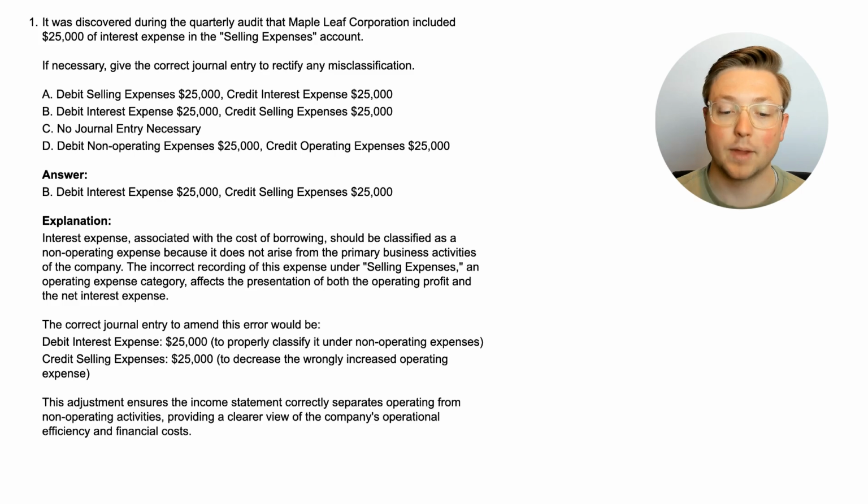And again, the reason this is important, in case you haven't watched the previous video where I talked about preparing the income statement, there are different sections, especially when you're doing a multi-step income statement. And one of them is operating income, there's continuing operations, there's discontinued operations, there's different things like that. And in the end, it all comes together to be the net income. But it is important to know how much the operating profit is compared to the non-operating profit or loss, whatever that is. And so the interest expense needs to be in the non-operating section. So that's why we had to do this adjustment. And yeah, this is just an intro to doing these adjustments on the income statement. Let's go to the next question to learn some more.